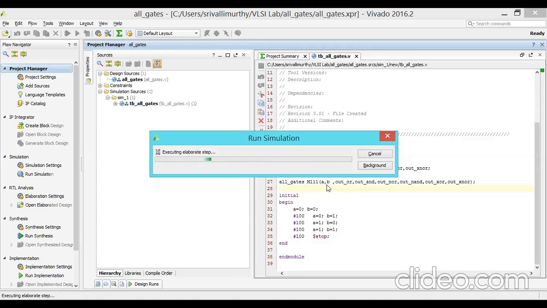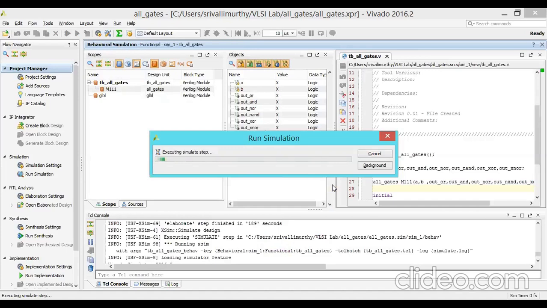These are instantiations: A comma B. A, B only we have to generate. This is a simple instantiation, A comma B comma, with the same names. In the test bench and the design program, I am using the same names. This is a very simple, student level instantiation. In industry, they use other names also. That is a different story. But generally, we use the same names.